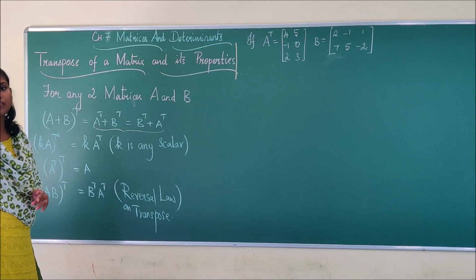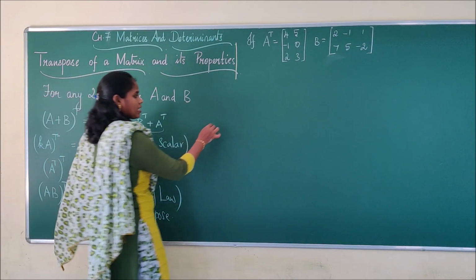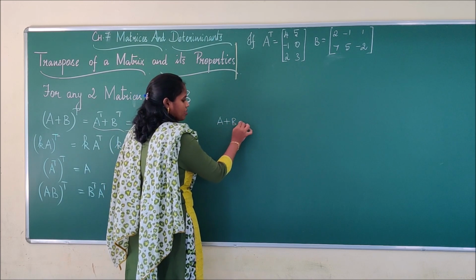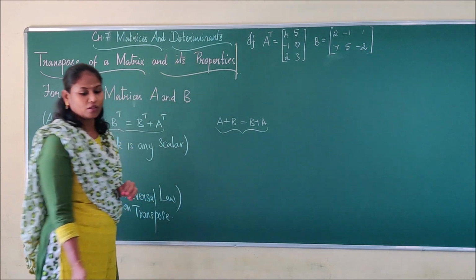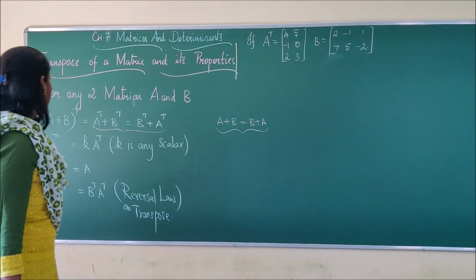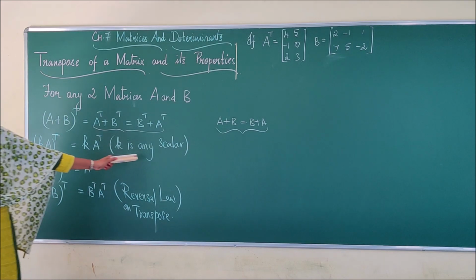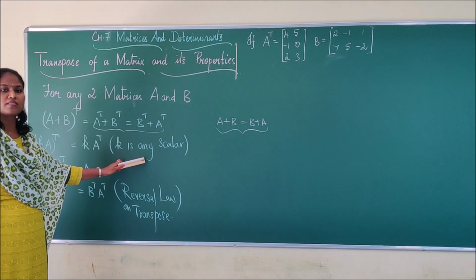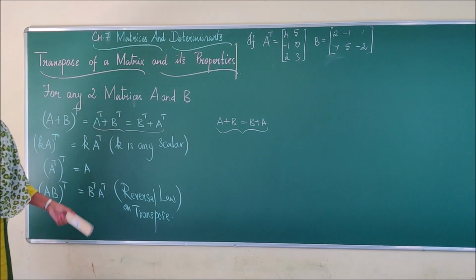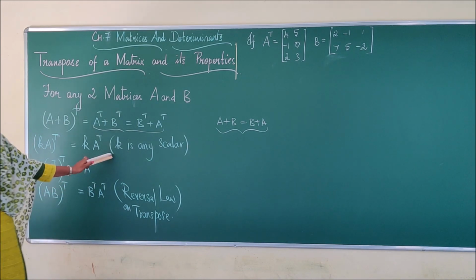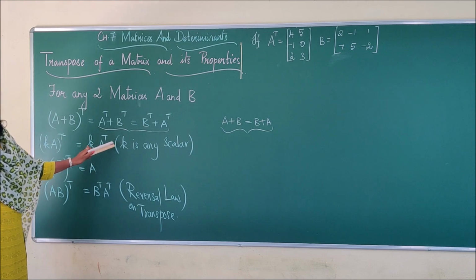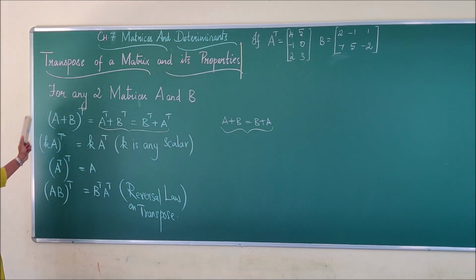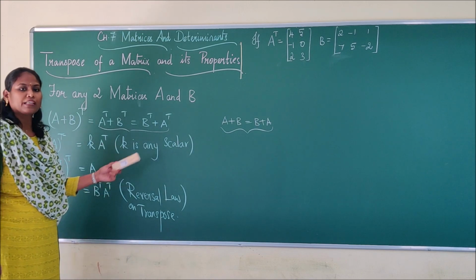You all know, you might have learned in 10th standard, that A plus B is equal to B plus A. This property is nothing but the commutative property. Okay, and next is some K. K is here a scalar. It means it is some constant. It may be negative, positive, or exponential, whatever it may be. So K is any scalar, and KA the whole transpose is equal to K into A transpose. So this K can be taken out, whereas the transpose will not affect that scalar.